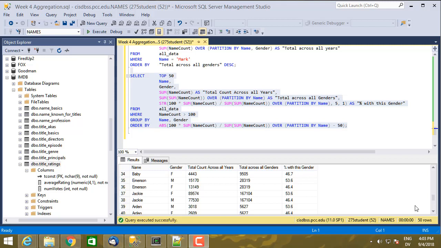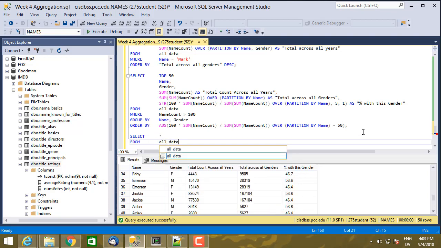So at the end of the last video, we noticed that there were unknown baby and infant names in the names database. And this gives me an opportunity to demonstrate another feature of windowed functions. So I'm going to start with select. Let's go ahead and select everything from all data